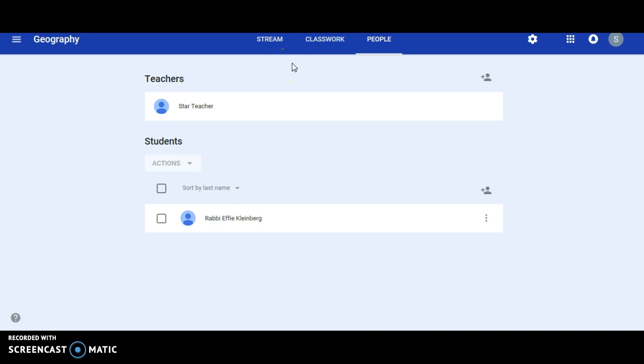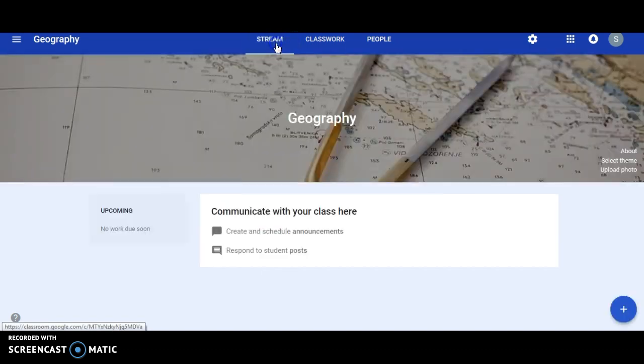How does one post work or announcements? Well, we go back to the stream, and in the stream, which is a feed of sorts for teachers to communicate with their students, there are a number of options that teachers have at their disposal. Create announcements, to create work, and we'll talk about that in the very